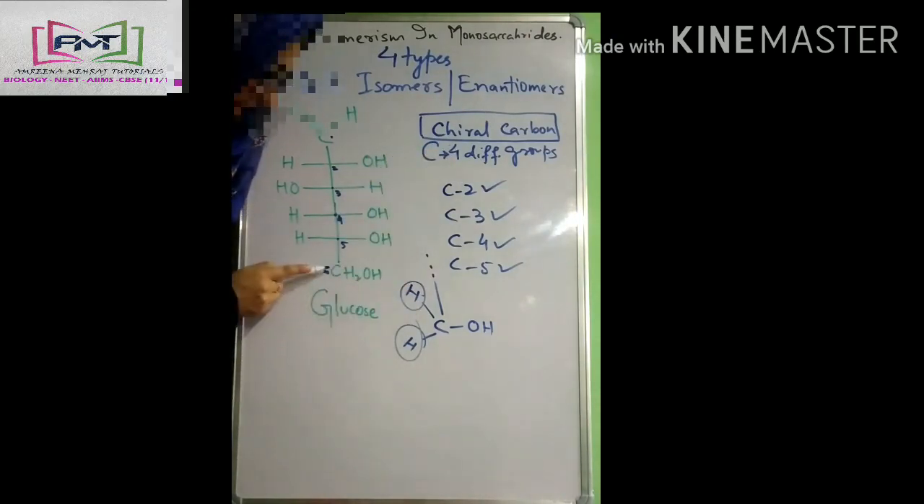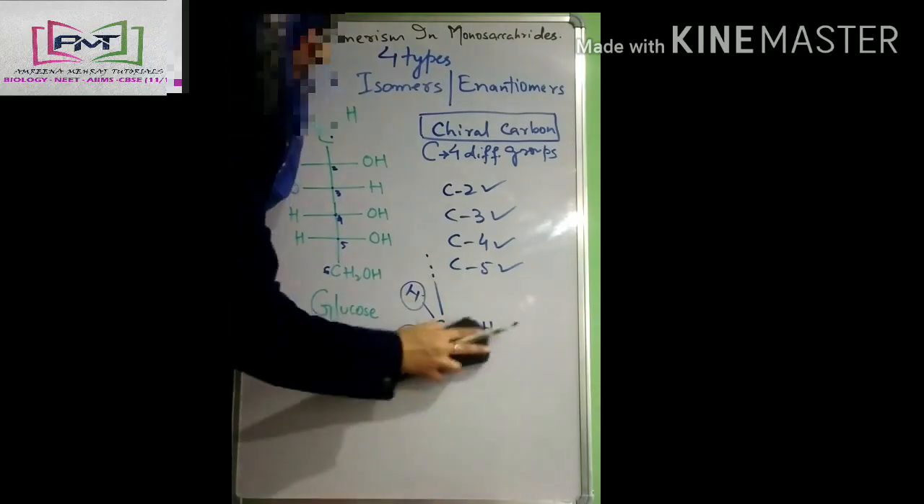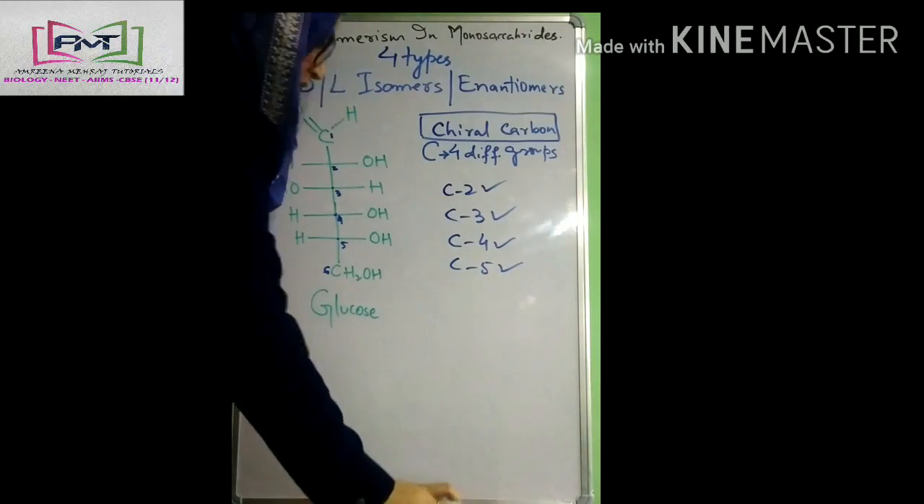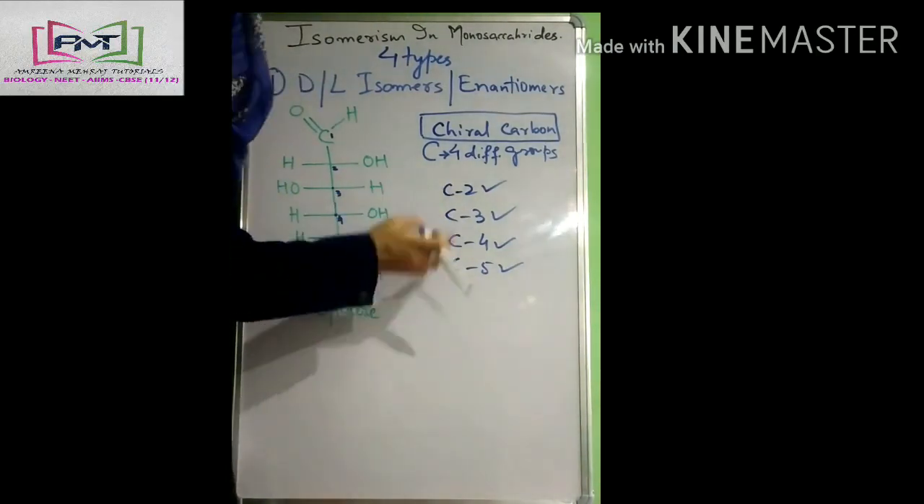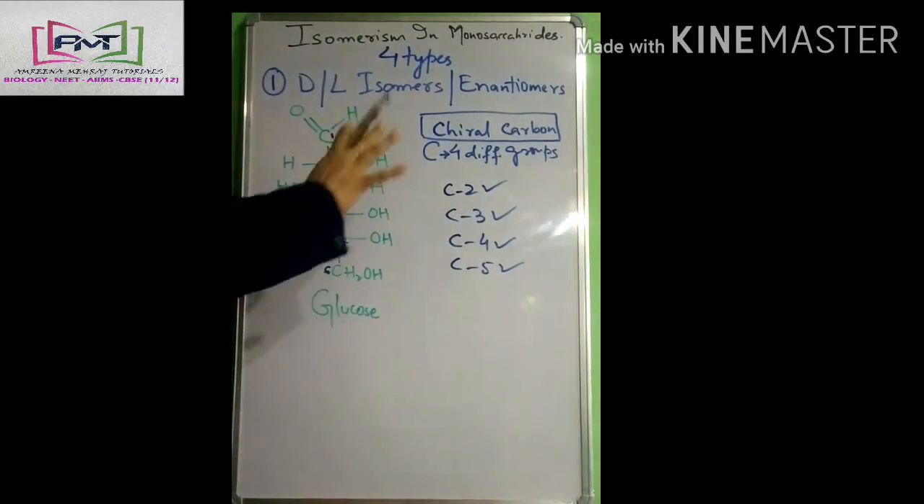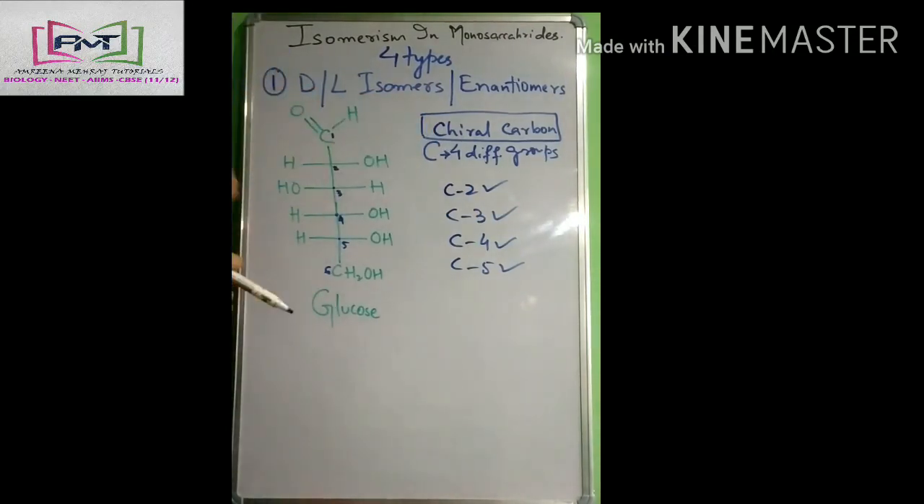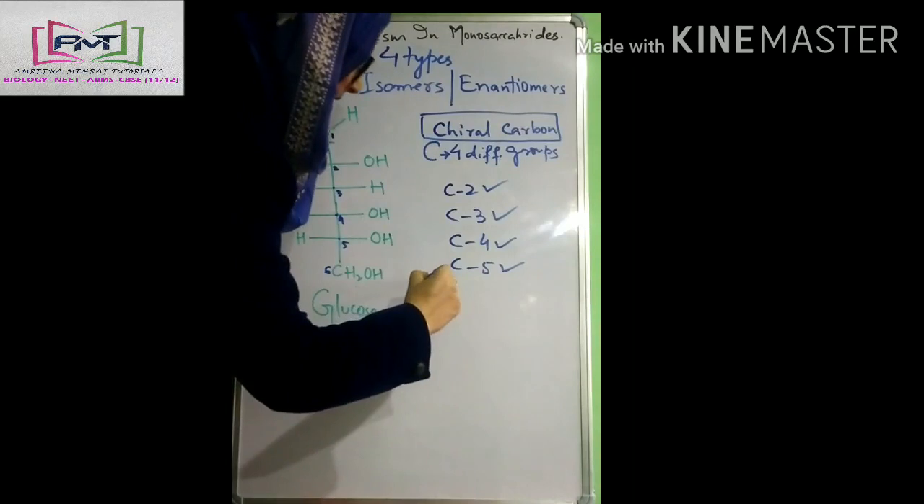That means this carbon, carbon number 6, is not a chiral carbon. Okay. So how many chiral centers you got in this glucose? 1, 2, 3, 4 chiral carbons. Now this was the first step. You have to find out chiral carbons. So you found them. Now out of them you have to select the